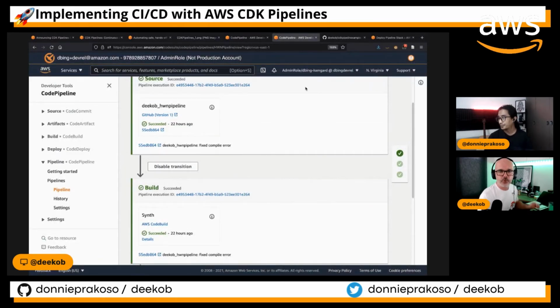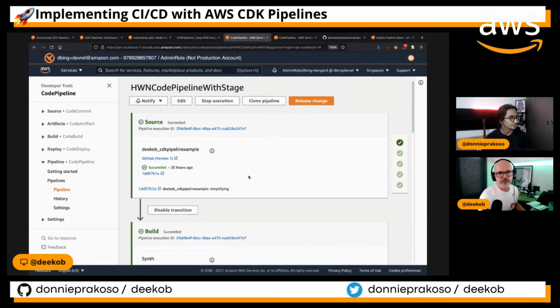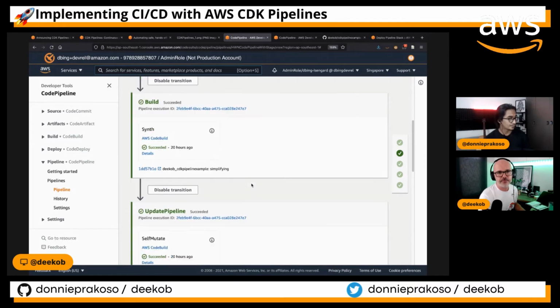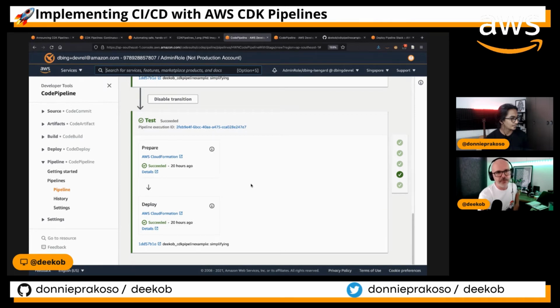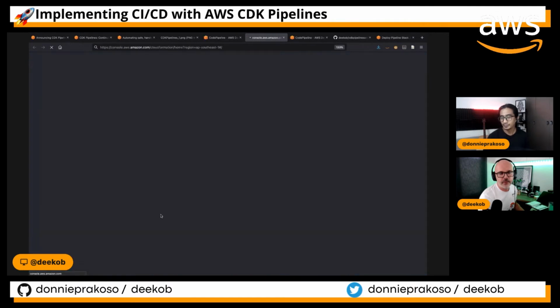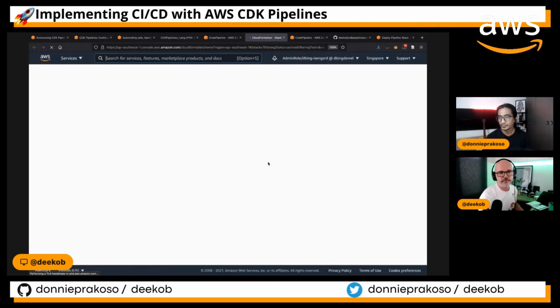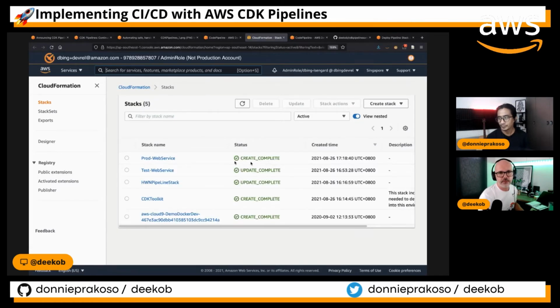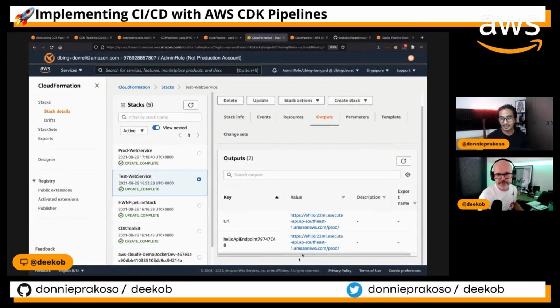where I have deployed it here. So this is my CodePipeline with stages. It has a source stage, a build stage, an update pipeline stage, assets, and test stage. And if I go into the actual deployed CloudFormation, like so, go in here, go to the outputs, I can see the endpoint of my API, so that URL